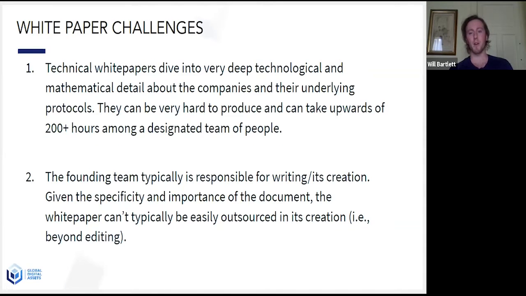The big thing I've noticed from dealing with a bunch of different clients on white papers is, first of all, you often see people come to us and we do a ton of rewrites because of this: companies can't find someone to write their white paper for them, because there's so much knowledge locked up in their head that getting it out is extremely difficult. So they're like, oh, we'll write it ourselves. And that goes wrong in so many different ways, because there's deep technological and mathematical detail. That's what Akshay is going to speak to in a second. Packaging all that in is very difficult for them to do, considering they're also trying to run a company and all those other things.